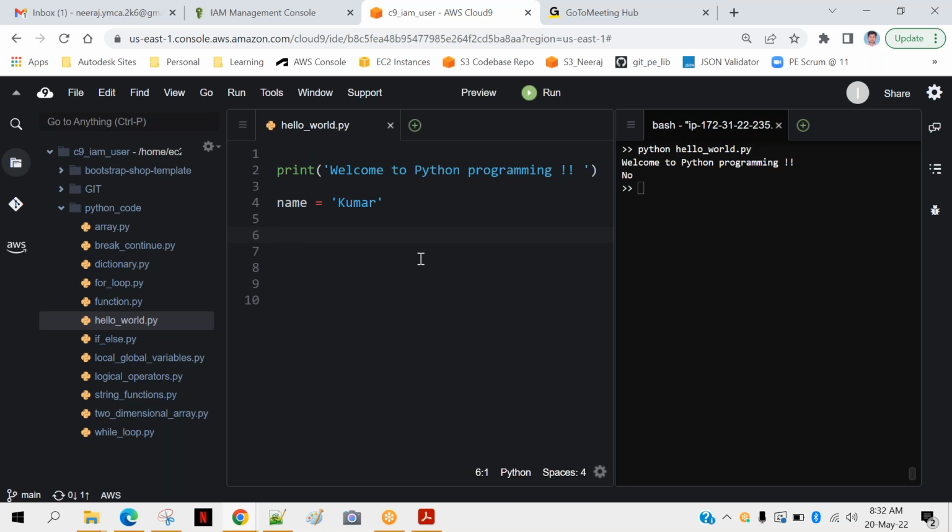So whenever you have similar type of things but multiple, you can take an array, and this concept is applicable to any programming language. It's C, C++, Node.js, Java, Python, everything. How to declare an array? Instead of name, I will do names is equal to, and in the square brackets you can provide multiple values. So I will start with my name, Neeraj.